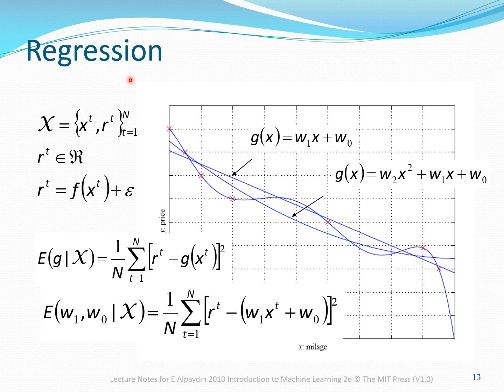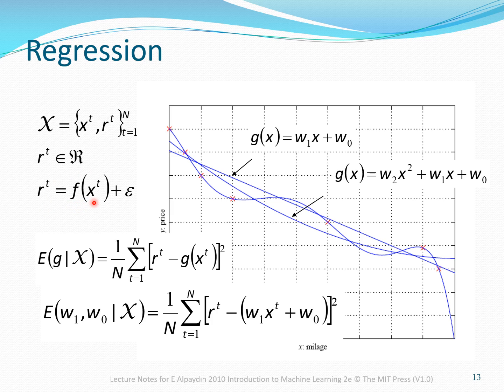In machine learning, the function is not known, but we have a training set of examples drawn from it, as follows, where X equals {x^t, r^t}, with t from 1 to N, where r^t belongs to R. If there is no noise, the task is interpolation. We would like to find the function f(x) that passes through these points such that we have